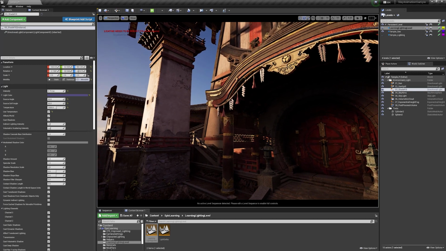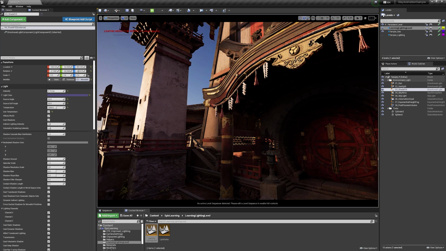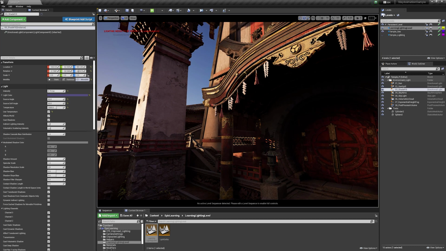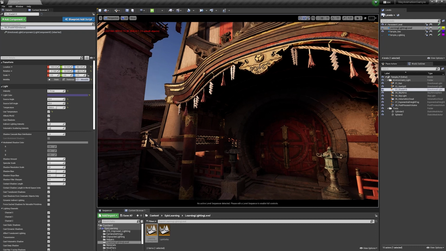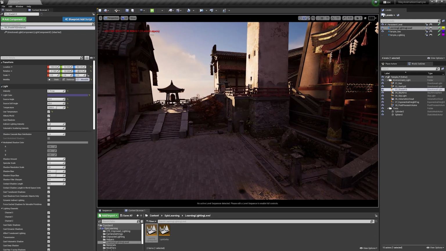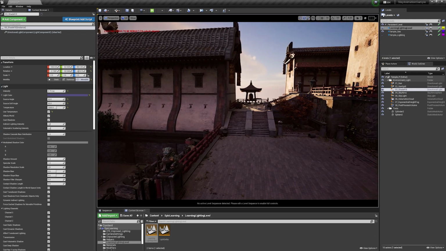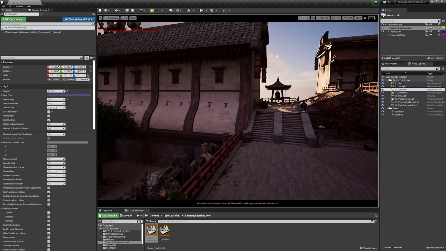Even in the real world, when you have an absence of light, there's typically some low level of light still filling it. Very rarely are you ever going to see a situation in the real world where something is completely black. So anytime we see these blacks, other than the ambient occlusion that we're looking for, we want to find a way to help illuminate that.